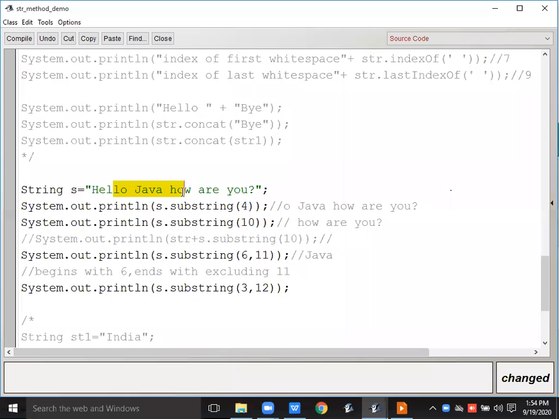Okay, means till the 11 it's going to be fetched. Third is what? L. 3, 4, 5, 6, 7, 8, 9, 10, 11. Not 12. So it will give you LO Java space H. Okay, LO Java space H. This is it. Okay, understood?